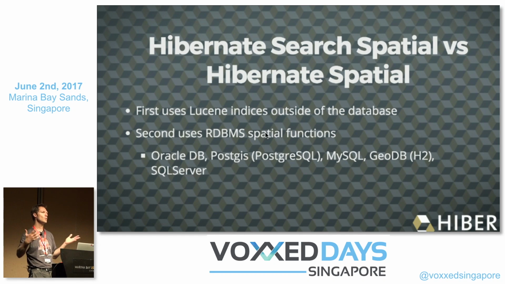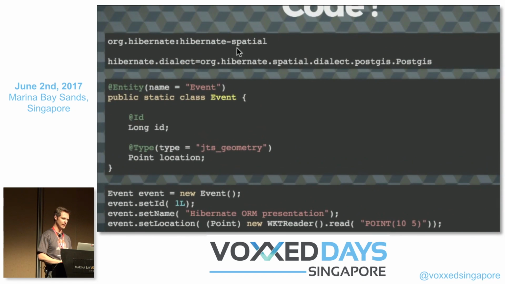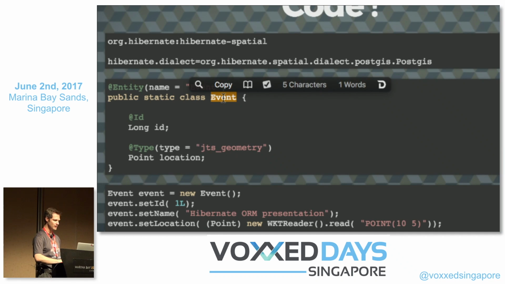They all have one shape or another of spatial support. How do I do it? Well, first of all, I add the spatial module to my dependencies. I might need to use the specific dialect for the spatial support. And from there, this is an entity of mine, and I'm having an ID, and I've got a special type